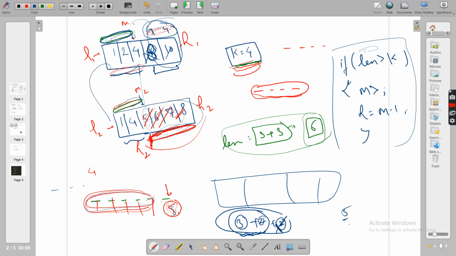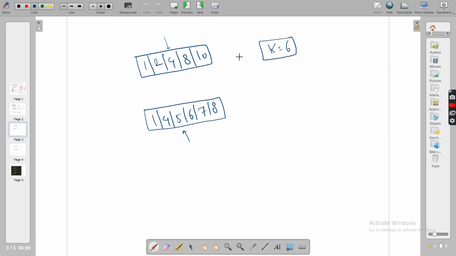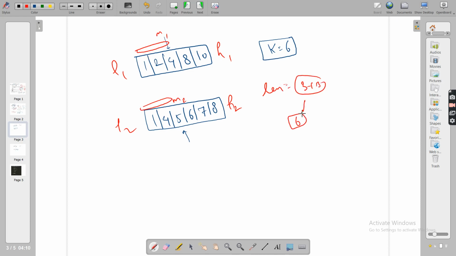First, you got this, I hope. Now the second observation, see guys, k equals 6. What we want, just give me a second. This is m2, this is m1. So see how many elements you are getting. 6 elements here, 3 elements here, 3 elements here. So let me say that for len I am getting 3 plus 3, which is 6. I am getting information about 6 elements, and I need 6 elements in total, and I am getting 6 elements' information right now.